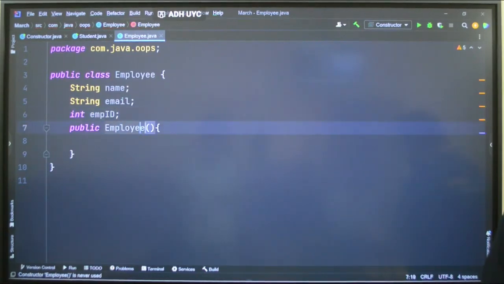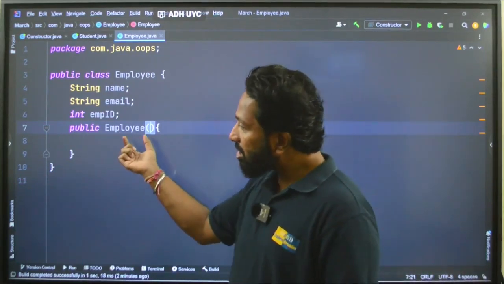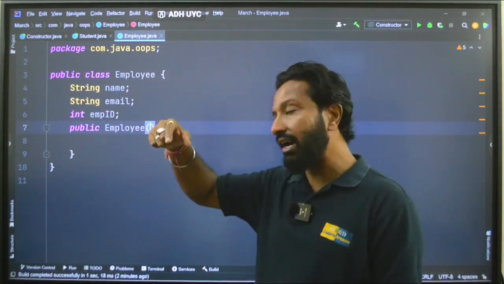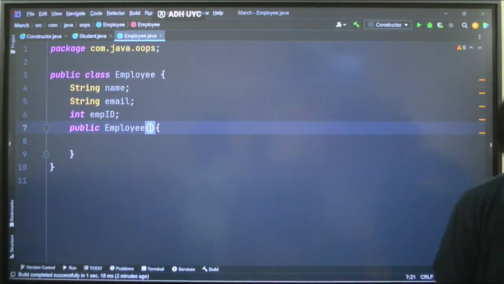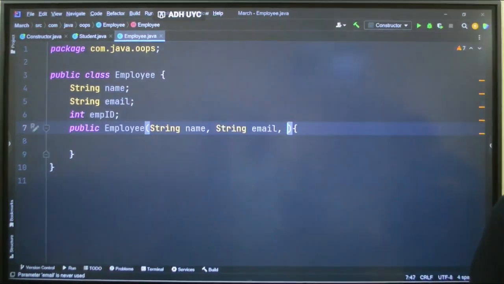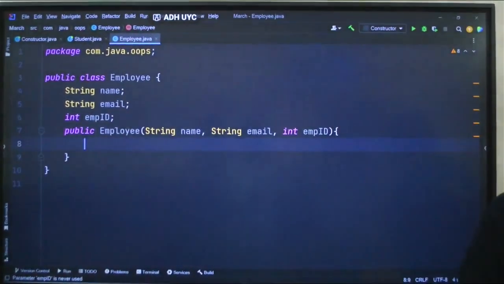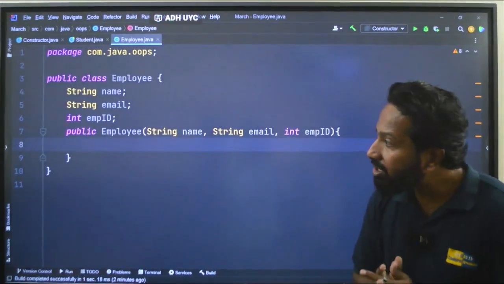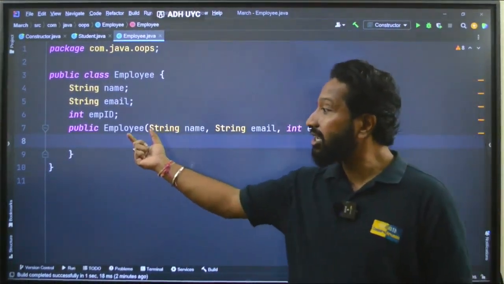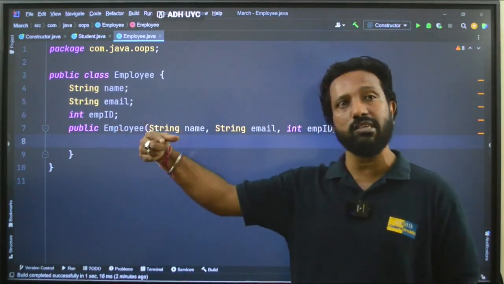Because I need to pass these to the object creation part, I will use the same things here: string name comma string email comma int employee ID. Got it? Now this is just like a function, right? It is a function to create objects.